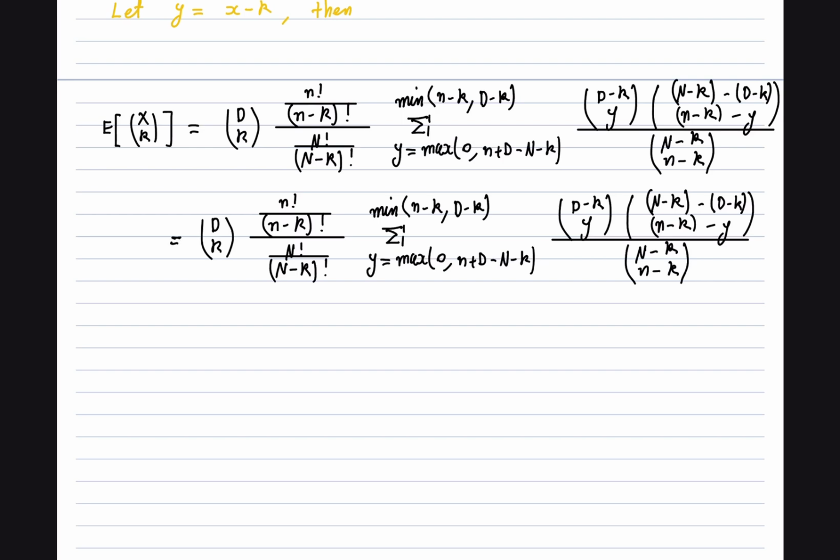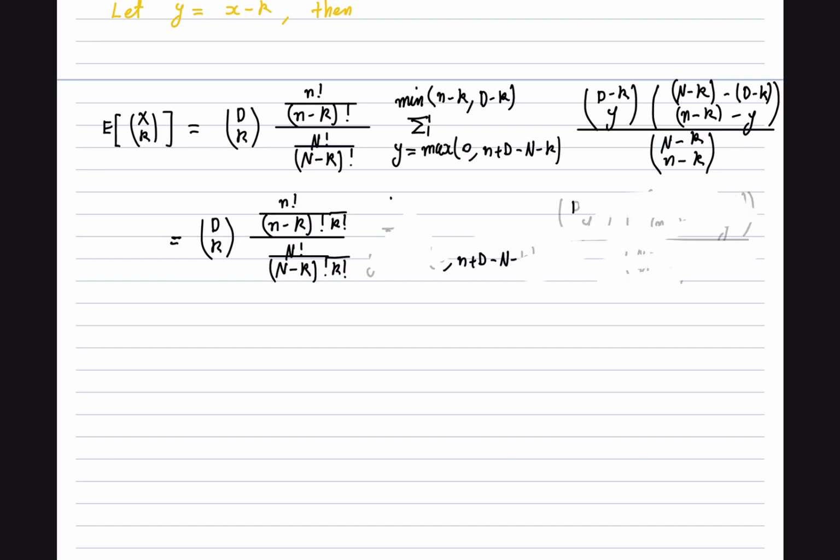The first thing to note is I'm going to strategically put in a k factorial and a k factorial as part of the two fractions. The reason I'm doing that is because by putting it on both the numerator and the denominator of the fraction, they cancel out, but also now these look like combinatorial factors. The second part to recognize is that this component here I can simply write as, instead of the huge summation sign, I can write it as